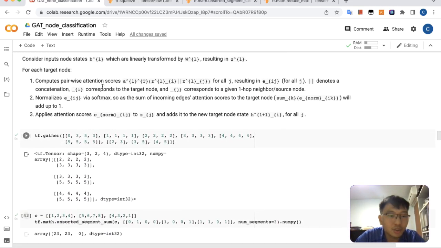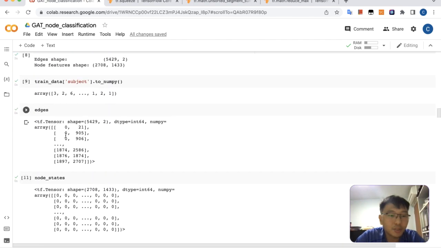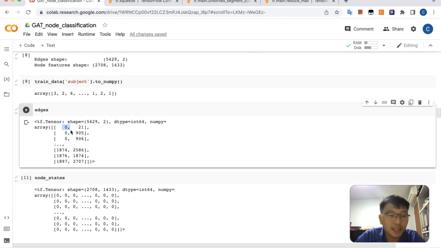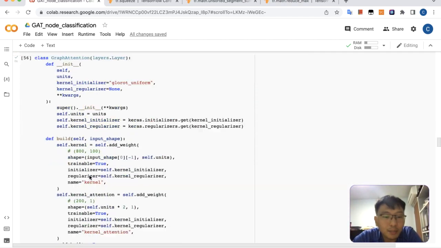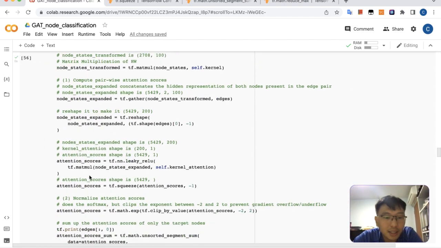If you look at the ages graph, okay, the ages graph is like that. The paper number, the target paper number, and the source paper number. So you can see it's up to 1897, 2707. So it's up to the source paper of 1897 linking to the next source 2707. So I'm just curious why they did this, because